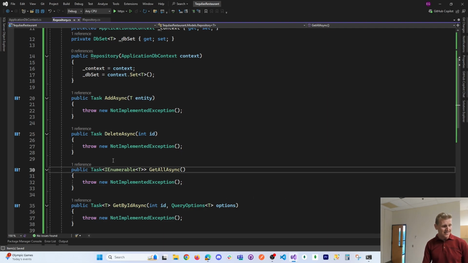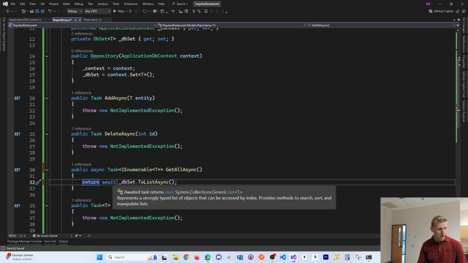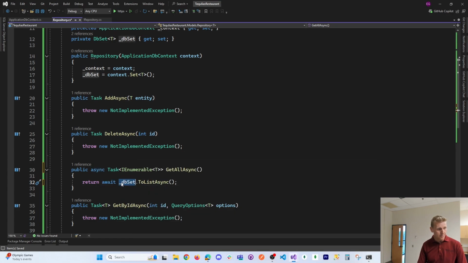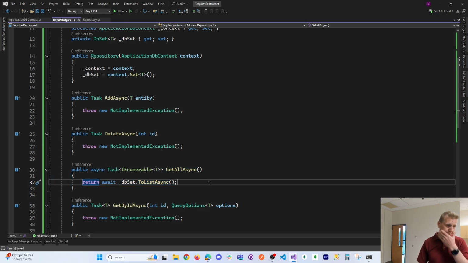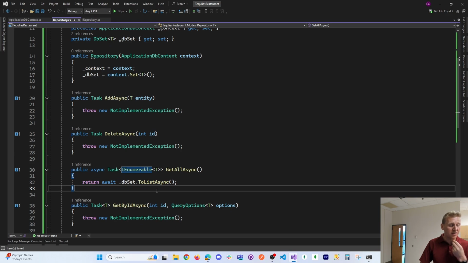Now I'm going to make this an async method, and we're going to return await, get your table, and return the ToListAsync. So that's the GetAllAsync method. And so I'm going to kind of start with maybe products or ingredients. We can get all of our products, get all of our ingredients,